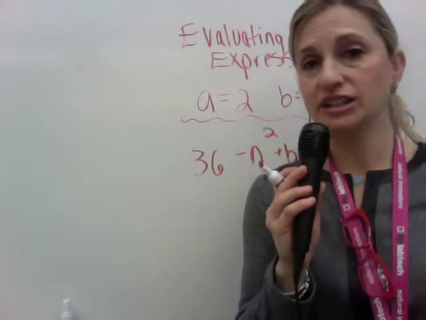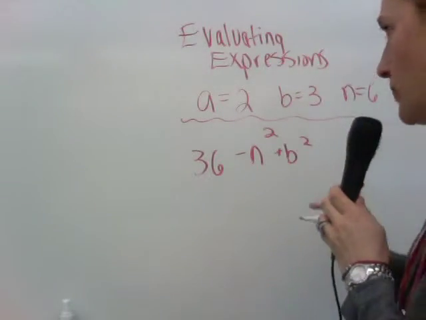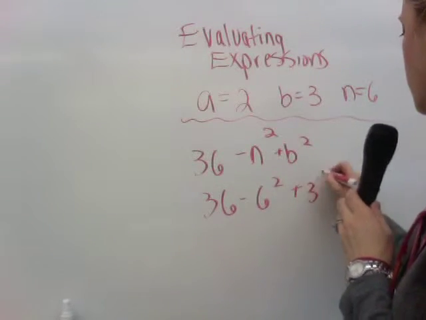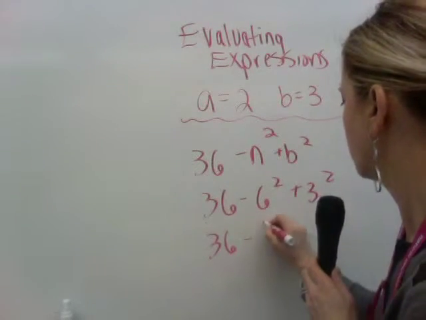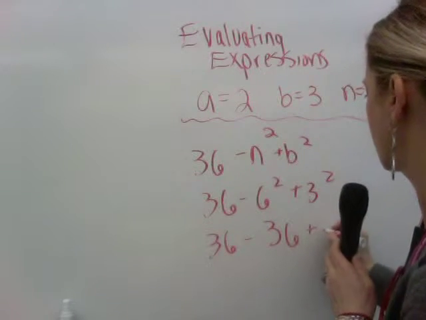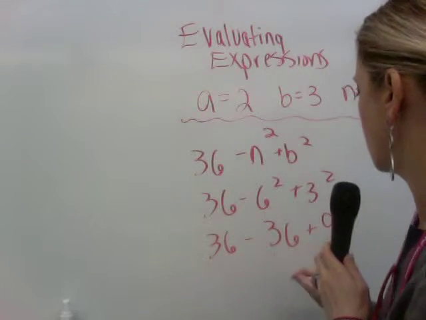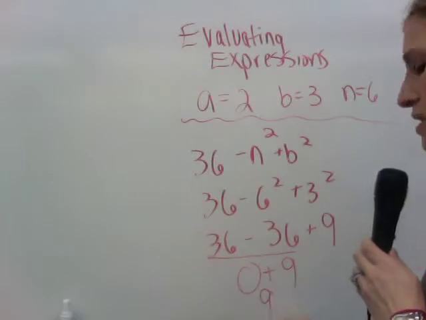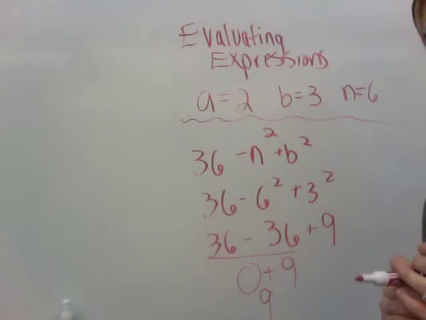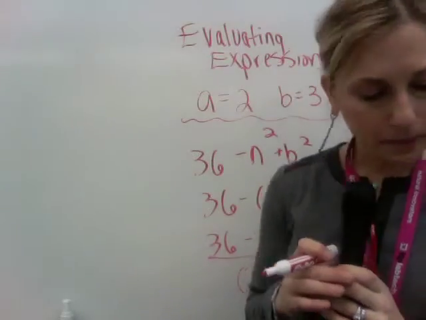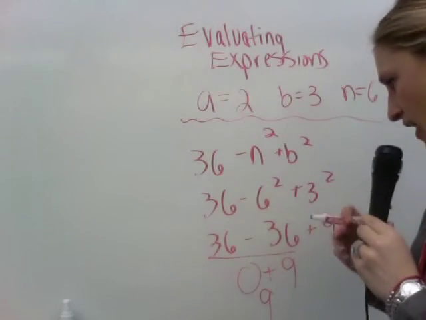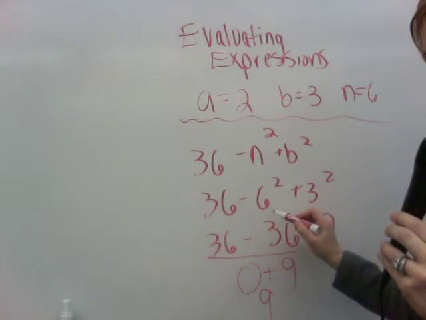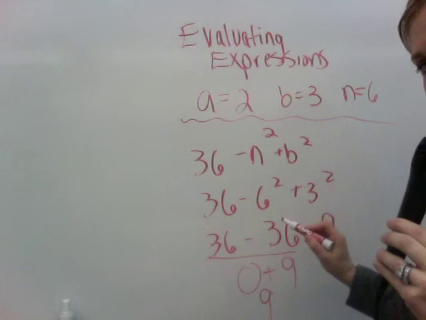So if you did not see my exponent video, you better hop to it. The answer is 9. If you messed up here, it's not 6 times 2. 6 to the second power is 6 times